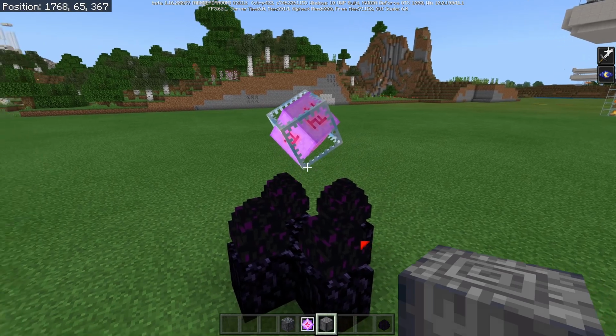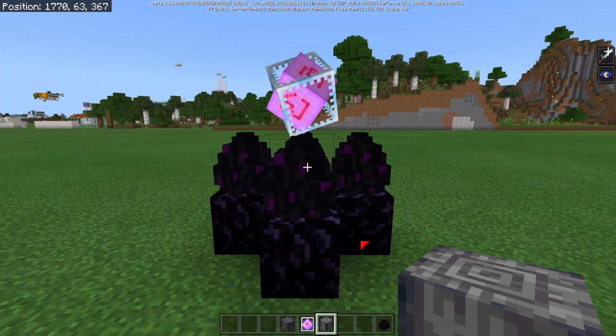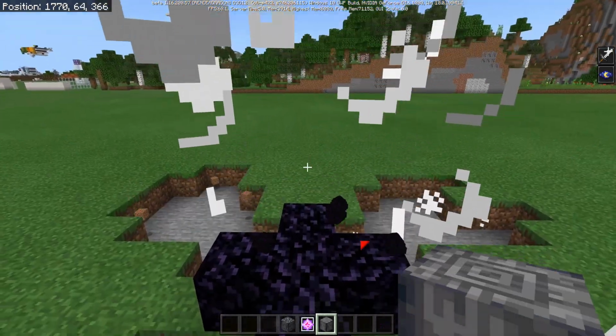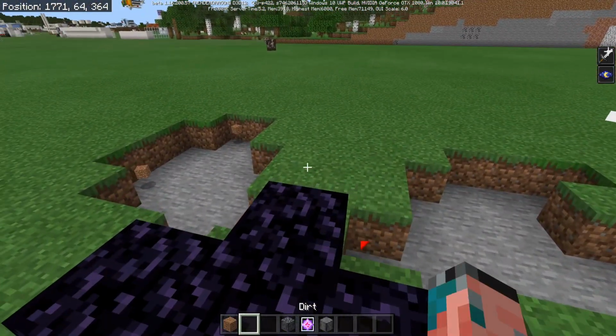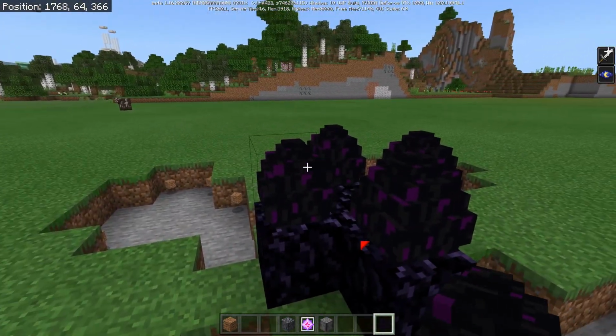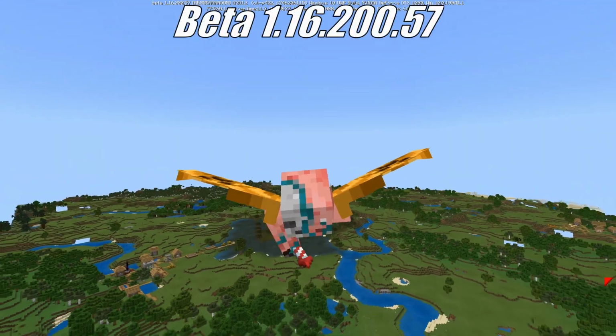Also, speaking of explosions, dragon eggs will always drop as an item when blown up, so that is a nice thing. Yeah, there you go. As you can see, we get dragon eggs, so you are now less likely to have this thing be destroyed in your world. And the final beta is